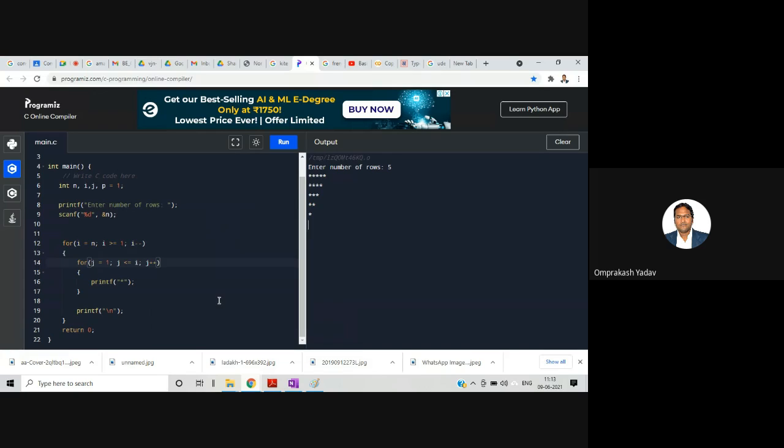Let's check it. In place of star, I'll print %d, j. Here, 1, 2, 3, 4, 5, 1, 2, 3, 4. Okay. So we got it, just one change we did.